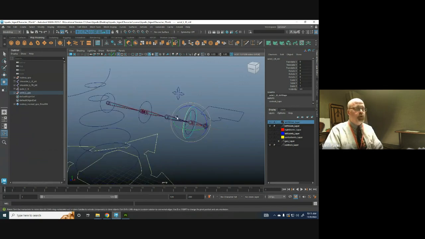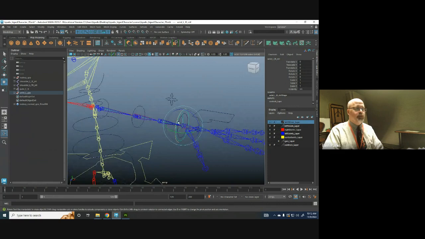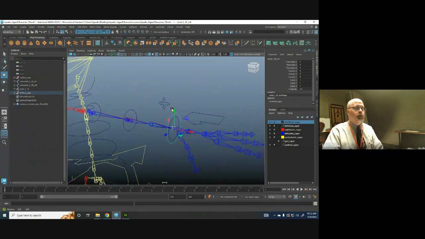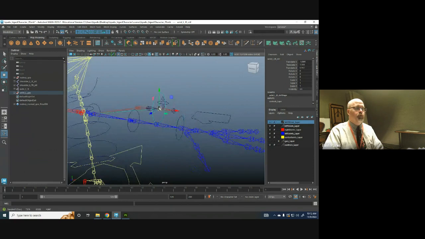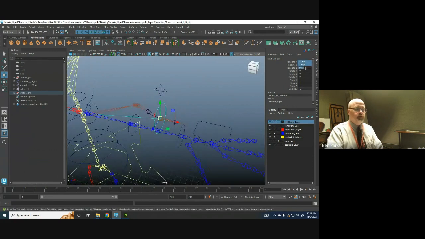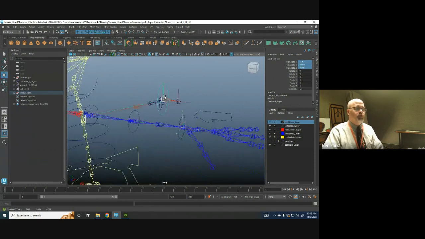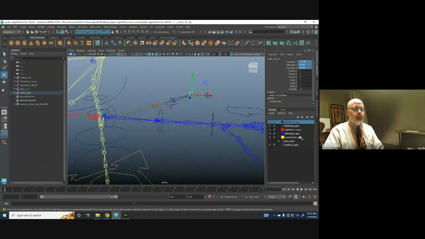So at this point, what I want to do is bring back my skinned skeleton. I'm going to move my IK handle. Again, you want to make sure that this is frozen transformation so that when I move it away, if I want to move it back, all I have to do is zero out my translates and it's done. That's very important at this point for the IK. For the FK,